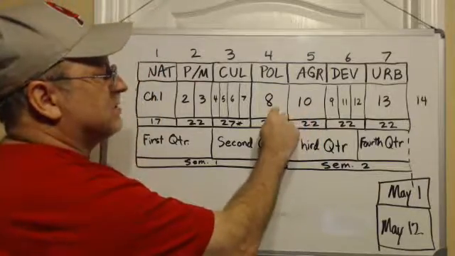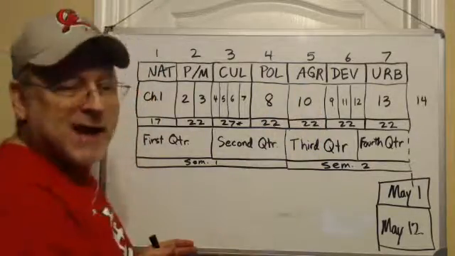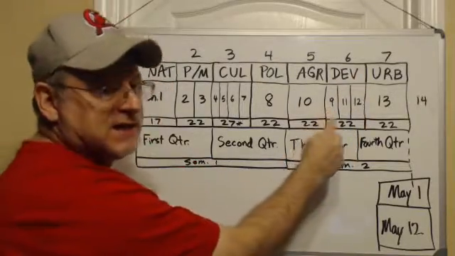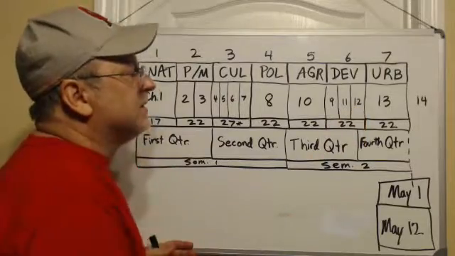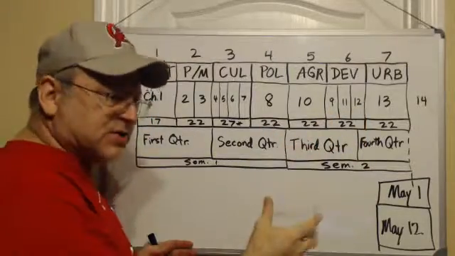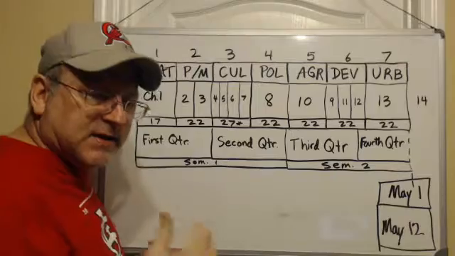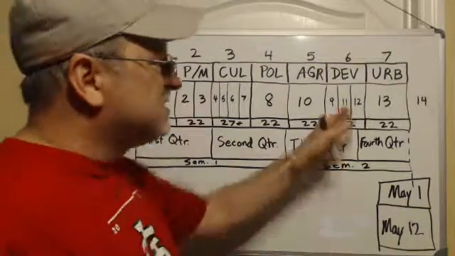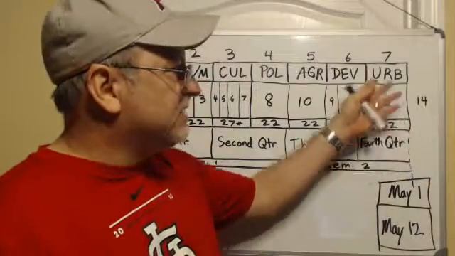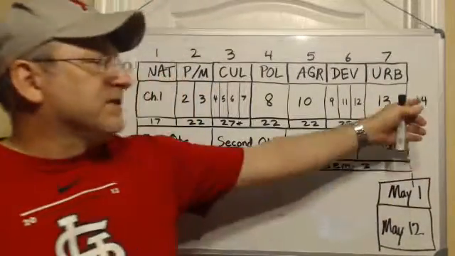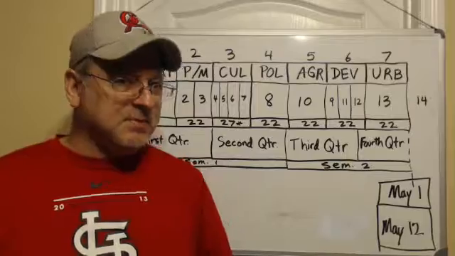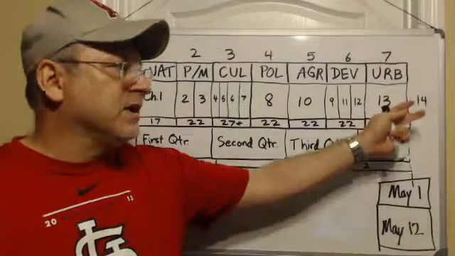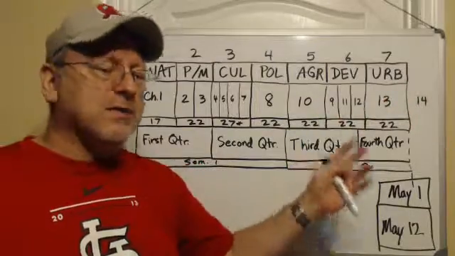Chapter 10, notice we skipped from 8 to 10 to do our agriculture unit. And then development is chapters 9, 11, and 12. 9 is about development in general, 11 is about industrialization, and 12 is about services. Some of 12 gets into chapter 13, which is urbanization. Now our textbook has 14 chapters, but we don't ever do chapter 14. We just don't have enough time. So we incorporate some of the things that are in there into our other